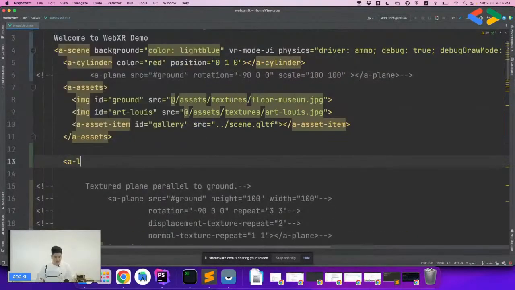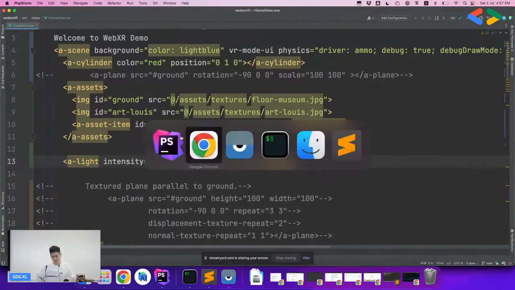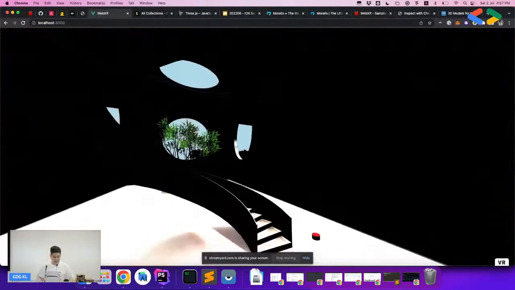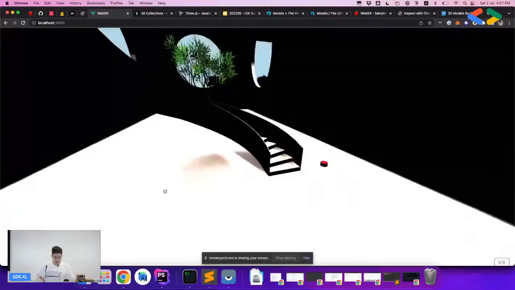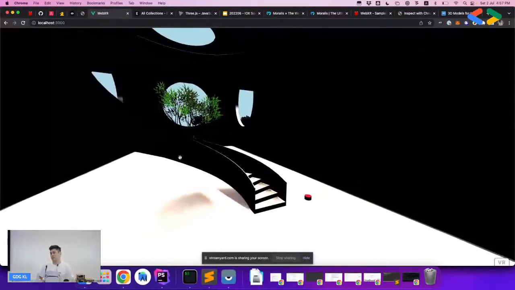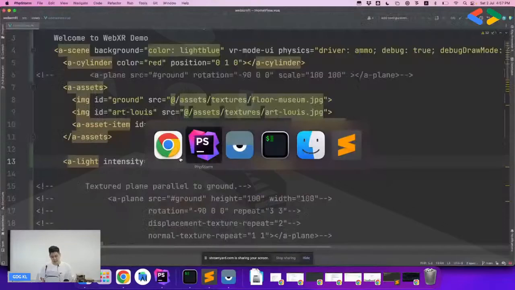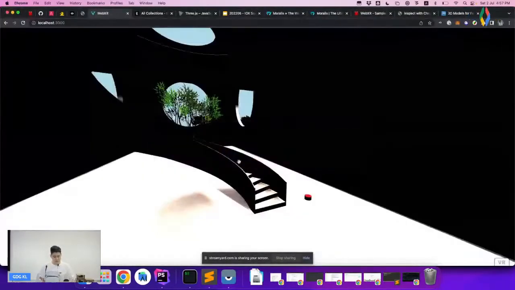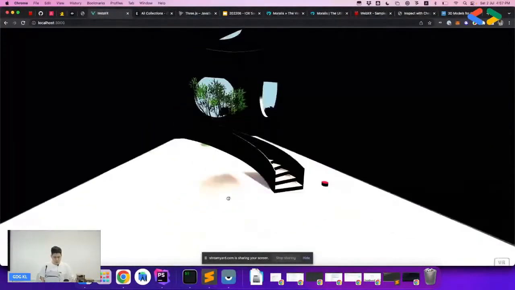Okay, so we can render a light with a-light, and then I can give it an intensity. For the sake of demo, I'm just going to give it a very strong intensity 10, and then position 0, 10, 0. Okay, 10 is too high, maybe like 5. Okay, so you jump into it. You can see, ta-da! I have a light shining out of nowhere from the center, and because it's so intense, the entire floor becomes so white. So not the best idea. Let me just go back to it and make it 1. But the problem is, even if I have it at 1, sorry, it's not supposed to be like this, but even if I have it at 1,